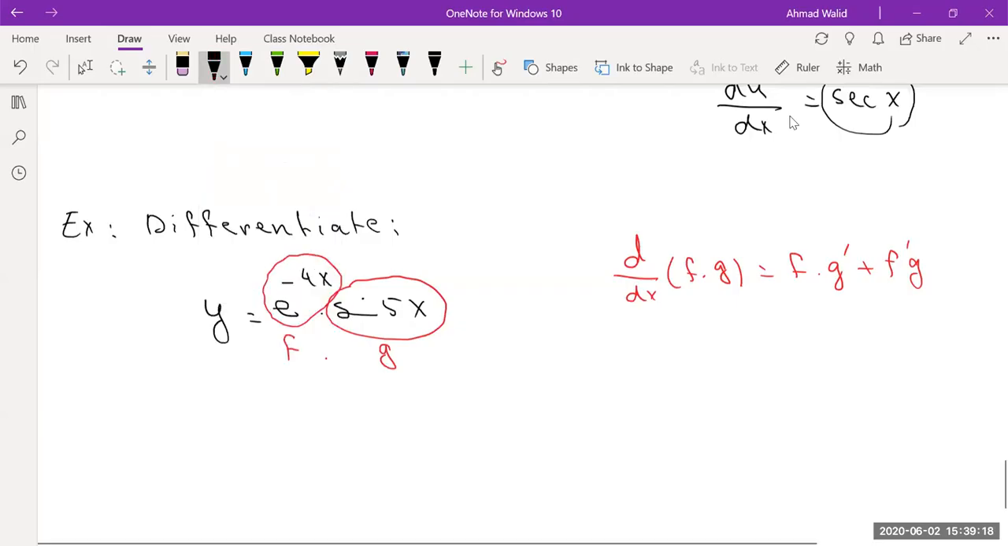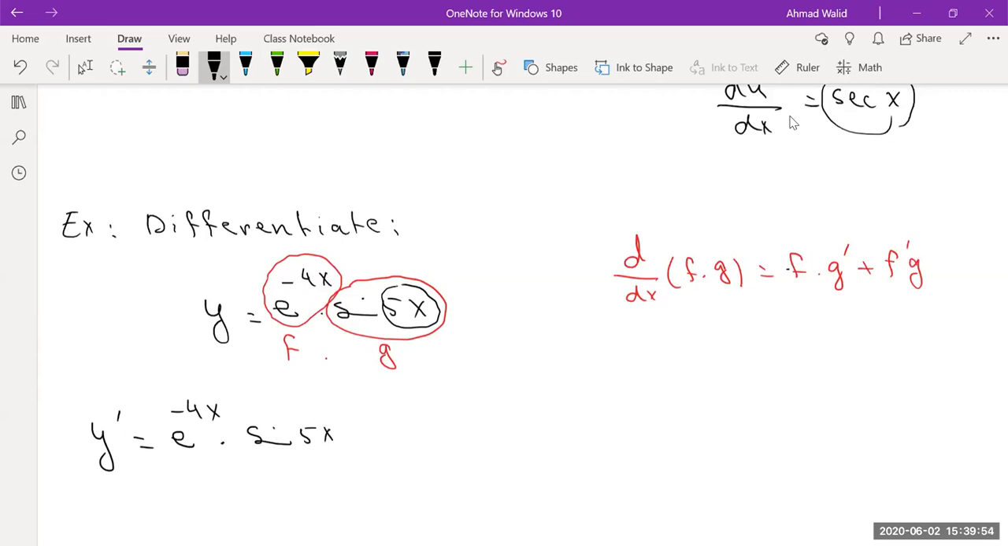Plus chain rule, because here you have e to the power of negative 4x. It means you have e to the u, correct? Then I can write y prime equals f. My f is e to the power of negative 4x times g prime. What is the derivative of sine 5x? Again, you are applying here chain rule. It's not only sine x, it's sine of 5x. It means the derivative of outside, which is sine of 5x, times the derivative of inside, which is 5,